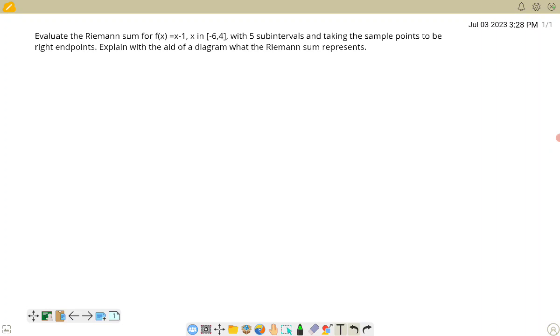So the question asks, evaluate the Riemann sum for f of x equals x minus 1, when x is in the set from -6 to 4, with -6 and 4 inclusive in that interval, with 5 subintervals, and taking the sample points to be right endpoints. Explain with the aid of a diagram what the Riemann sum represents. Well, I think actually in this case, answering the second part makes the most sense to do first, because it will also help us with